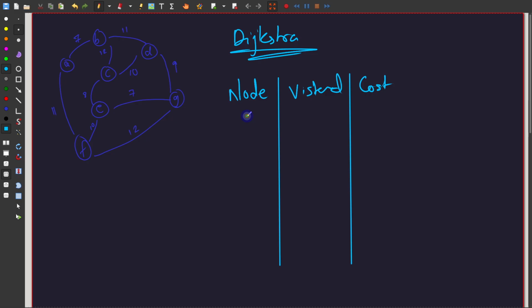Now you will start from A. Let's just start from A. So the moment we step into A, we say that we have visited it. That's it. It is visited, and the cost from A to A is essentially 0. We don't even write it, we just put a hyphen, but 0 is essentially the cost. The cost to everything else right now is infinity, right? There is no need to write it, it'll become quite messy. So anyways,